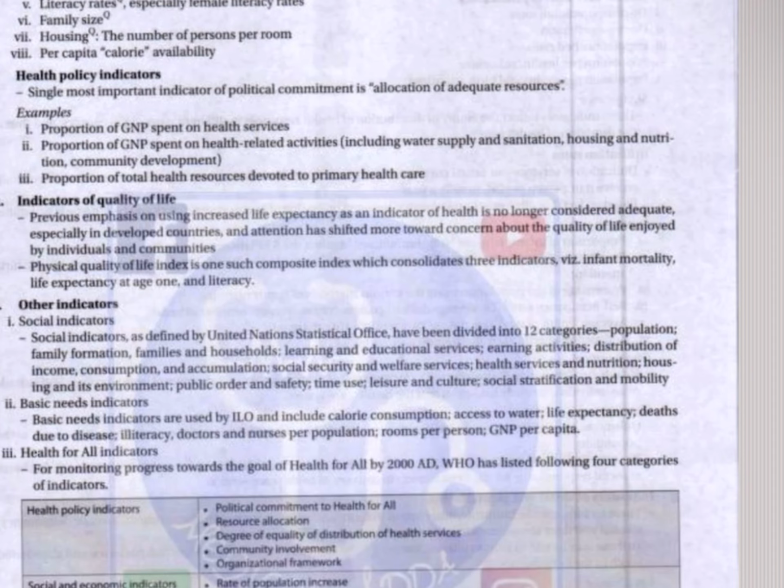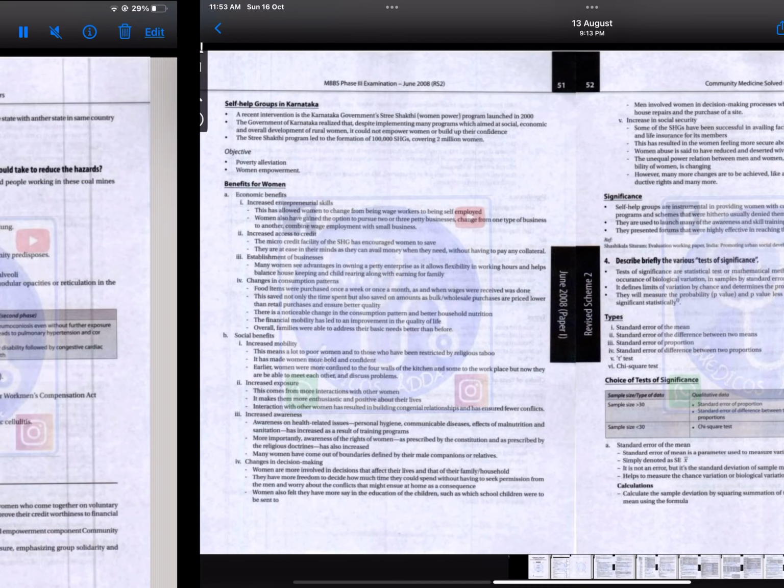A recent intervention is the Karnataka government's Stree Shakti Women Power program launched in 2000. The government of Karnataka realized that, despite implementing many programs which aimed at social, economic, and overall development of rural women, it could not empower women or build up their confidence. The Stree Shakti program led to the formation of 100,000 SHGs, covering 2 million